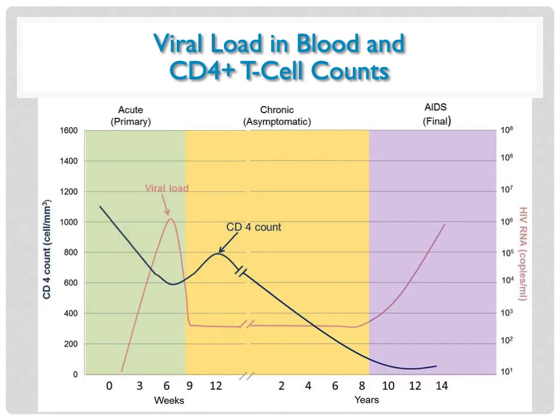So one of the things that we look at when we're looking at HIV is the CD4 T cell counts, and also the viral load. If the viral load is very high, then it's a poor prognostic lab. If the T cell or CD4 counts are low, it's a poor prognosticator. So what we find